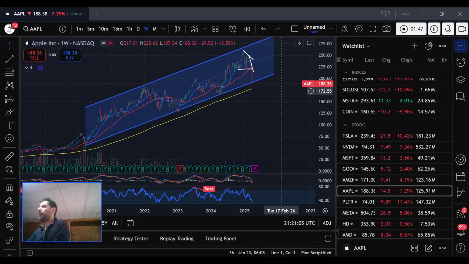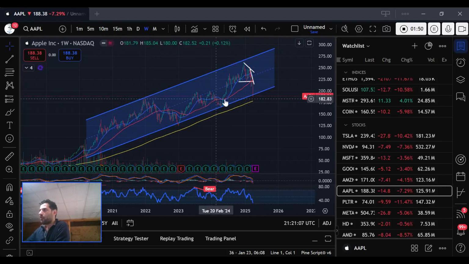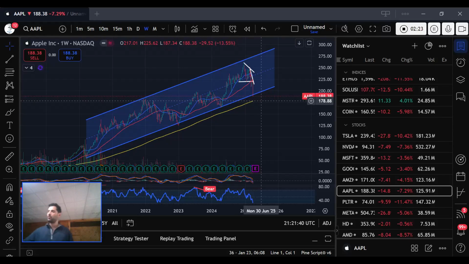So the question is now, is there enough support here for a bounce back? Okay, is there enough support? So we have a lot of support here in the last few years. All right, that could hold for a little while. We've got some support at 176 if the selling continues, 170, 175, 180 almost. Now, if it gets down here, which it very well could tomorrow, being Monday, and possibly even through Tuesday and Wednesday. Let me go to a monthly chart.